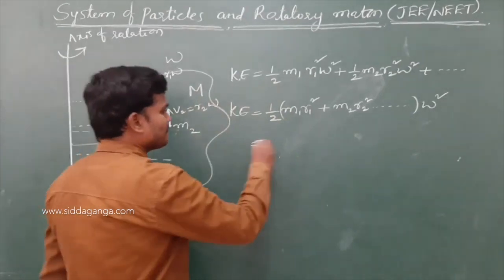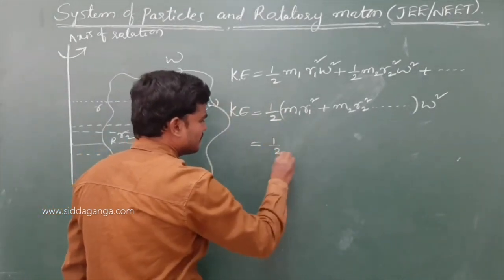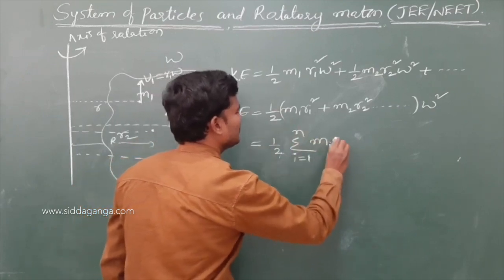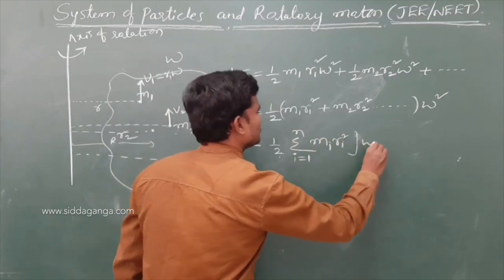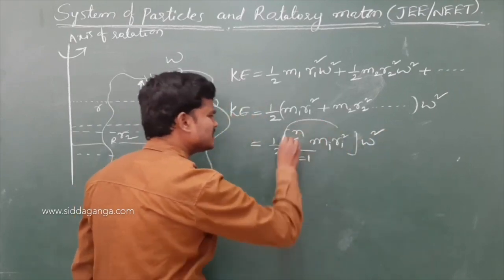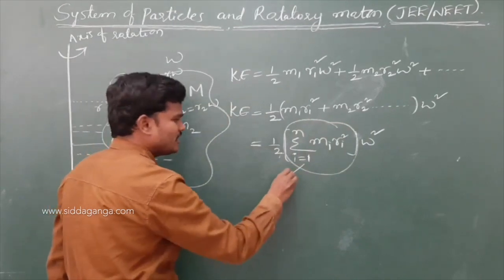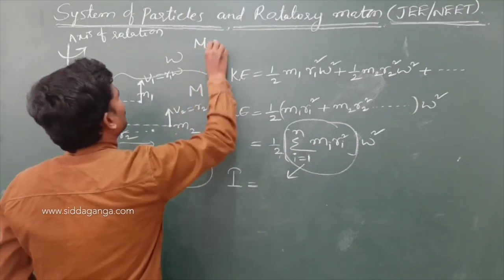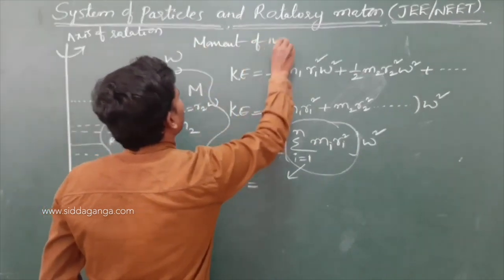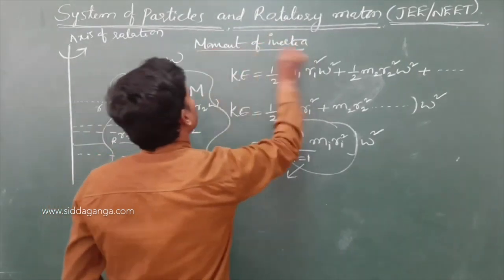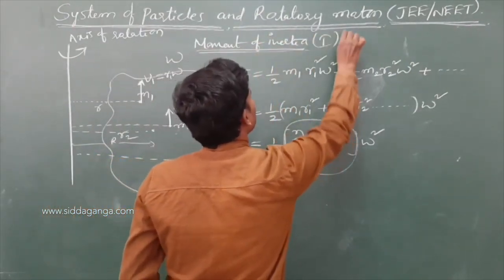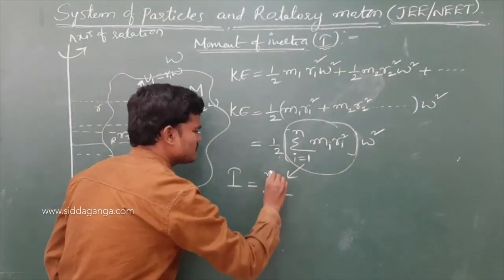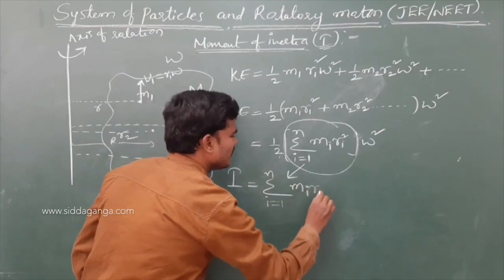But here this term we can replace with the summation of i equals 1 to n of m_i r_i square, times omega square, and this term we call I, the moment of inertia. So moment of inertia I is the summation of i equals 1 to n of m_i r_i square,